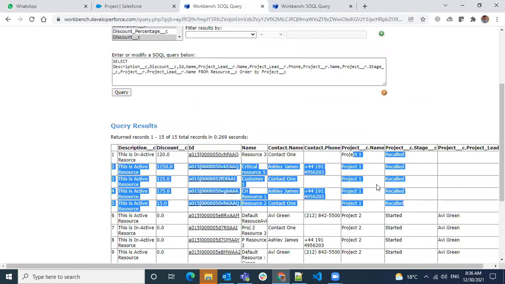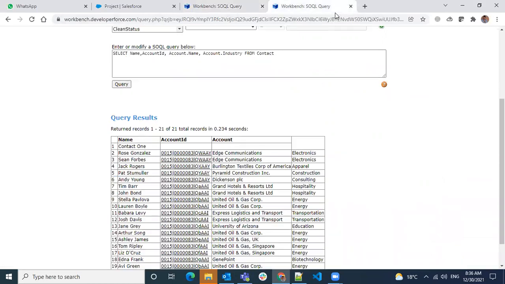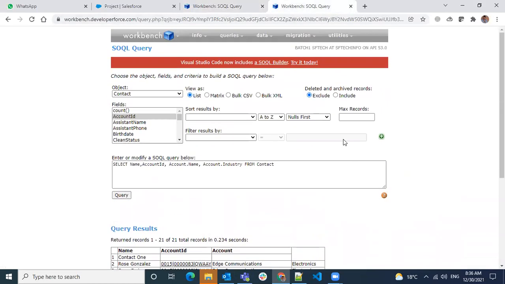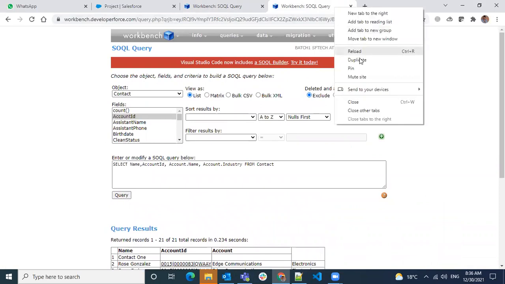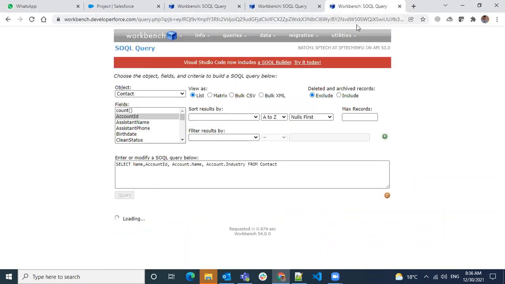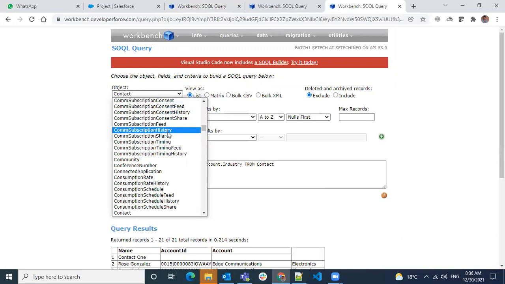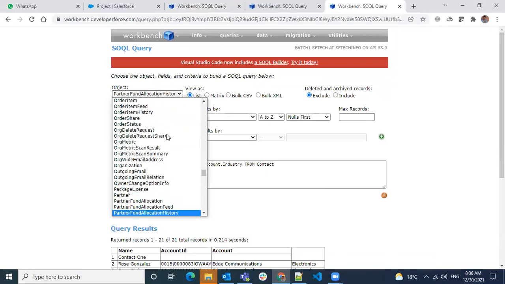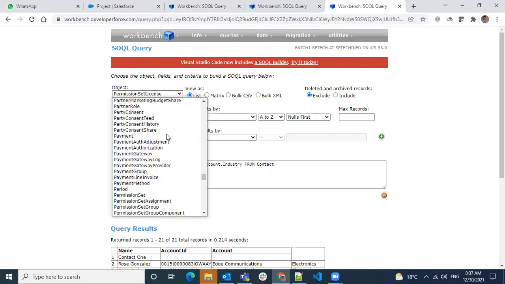Just think how the output will be. Are you able to imagine how the result will be if I write a parent to child query? Do we have any clues? Let's write the query and see. I'm going to write a query on project. First, I will show you how to write it, and then I will explain everything in that query.